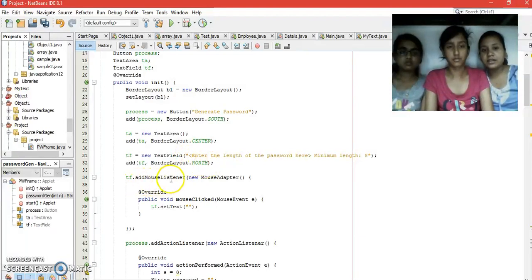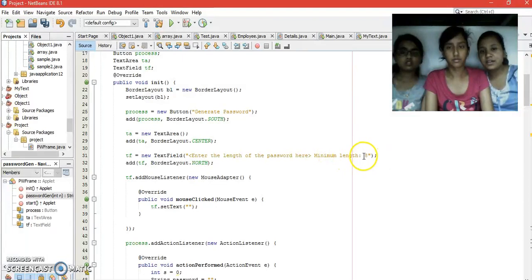And in that, what the mouse listener will do is go to the function public void mouse click. So initially when we go to the output screen, first it will show the statement "enter the length of the password" for a while.